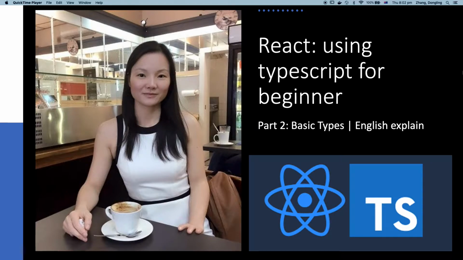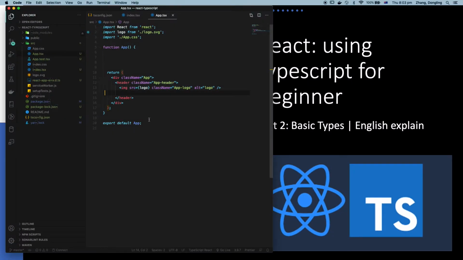Today we are going to continue this tutorial, React using TypeScript for beginners. Since this is a beginning course, and last time I said you do not need to know TypeScript to write TypeScript, but when we write TypeScript, we still need to know which type we could use when we write our code. So last time we just finished creating a React app, then we changed it to support writing TypeScript. Today we're going to write something